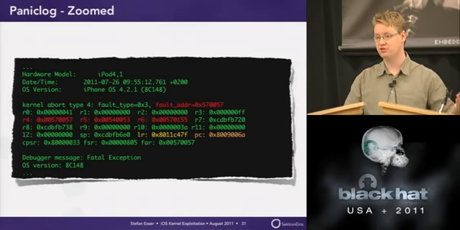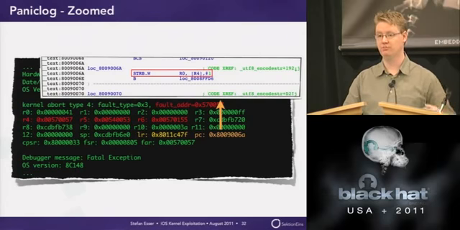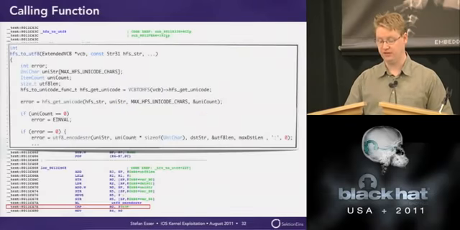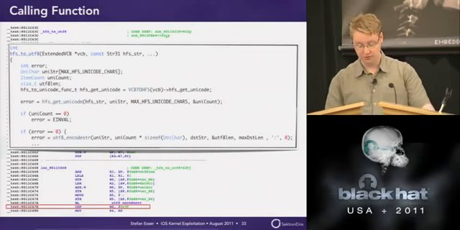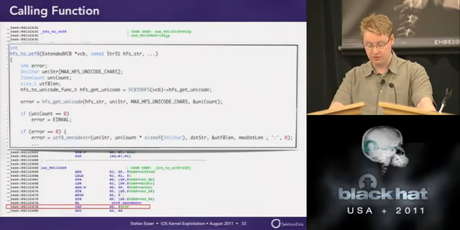When you look up the actual program counter you see here in IDA, you will see something like this. This is unexpected because you thought maybe you get total control directly, but it's not like this. So you have to trace it back and see why it's crashing there, where it's coming from. So you go to the function that's addressed by the link register. And you will end up in this function. This is source code from XNU, so it's easier to see. So basically what happens here is the crash occurs inside the call to the function at the bottom, the UTF-8 encode string. And you can see